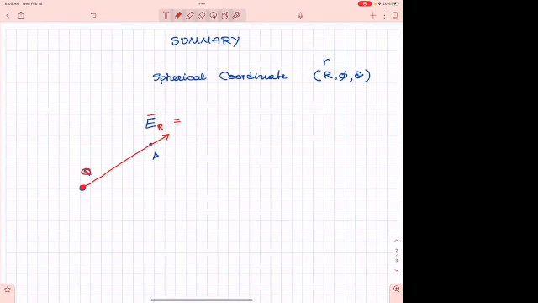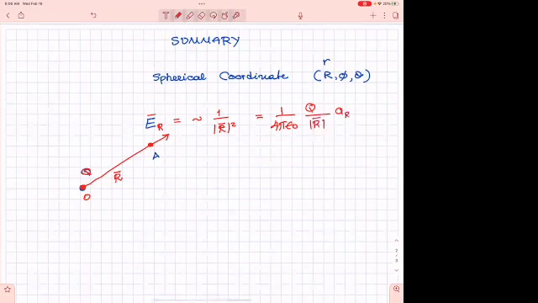How is it going to vary? If this is O, and this is R as a vector, how is it going to vary? 1 over the magnitude of R squared. That's how it's going to vary. What is the exact expression? 1 over 4 pi epsilon naught, and then you have Q over